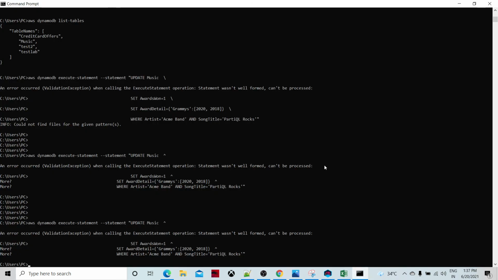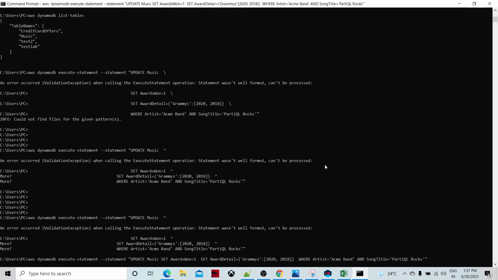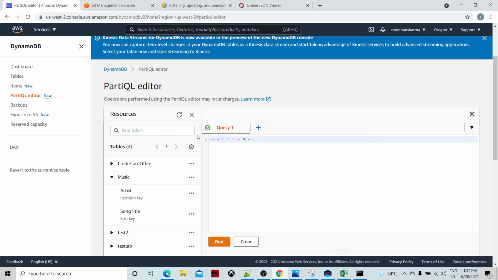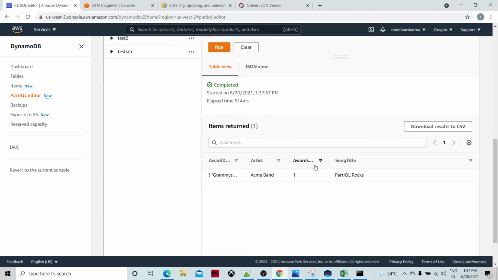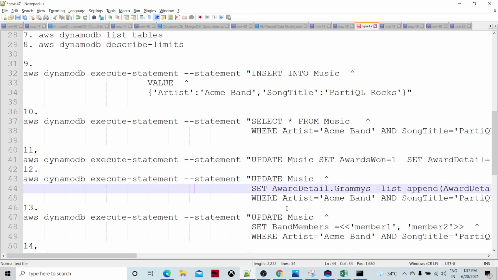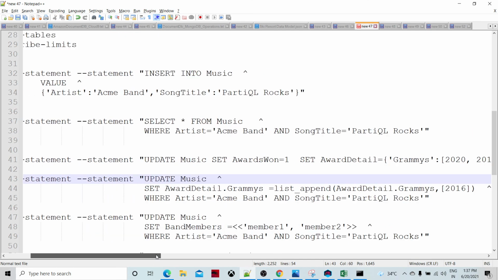Now let me execute this step here. Yeah, now it has come: awards one. These two fields are generated. So I think there was some syntax difference, probably from the replacement.